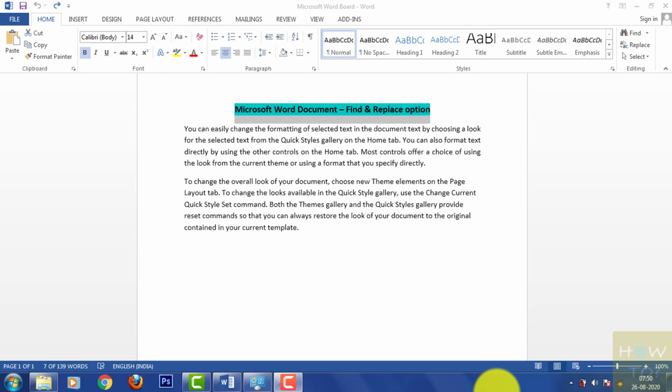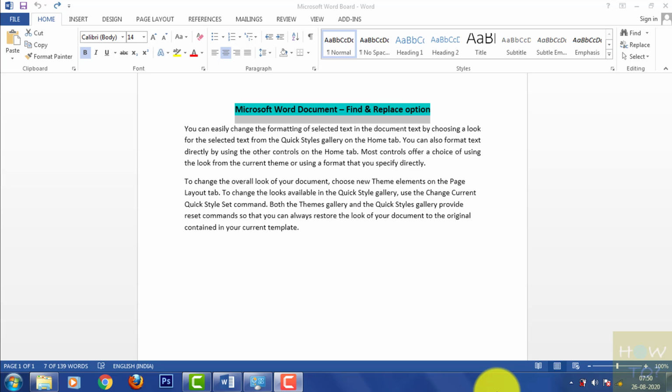In this video I will show you how to use the find and replace option. Now this find and replace option comes as a boon to replace multiple occurrences of a word or text, which you don't need to manually locate and replace with the required word or text. So if you want to know it, stay tuned till the end of the video.